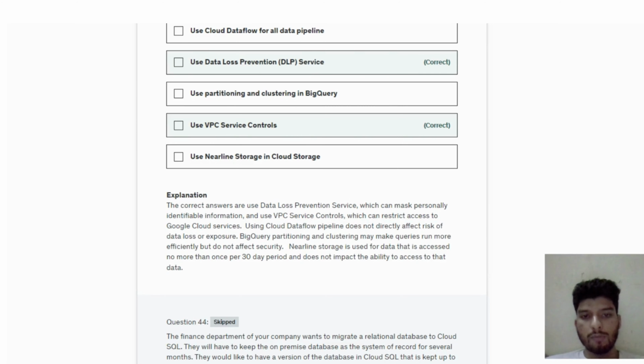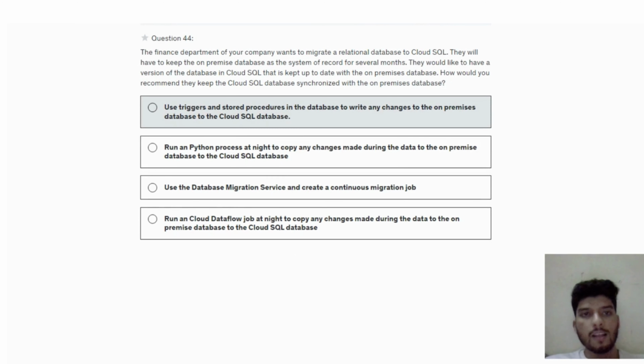So moving ahead to question 44. The finance department of your company wants to migrate the relational database to Google Cloud SQL. They will have to keep the on-premises database as a system of record for several months. They would like to have a version of the database in Google Cloud that is kept up to date with the on-premises database. How would you recommend they keep the Cloud SQL database synchronized with the on-premises